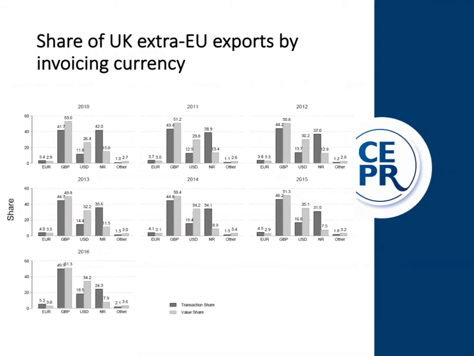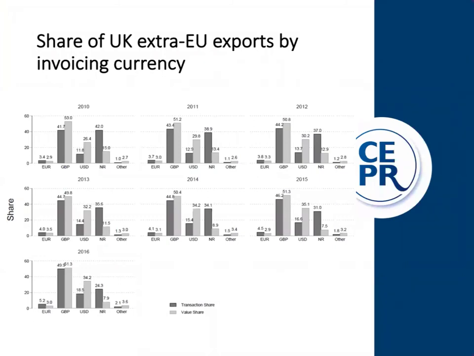The second fact is that if we look at most trade, about 50% of the UK's export value is invoiced in its own currency, so the pound sterling. And when we want to think about it more generally, we refer to a country's firms invoicing in their own currency as producer currency invoicing. Other currencies we observe here, so we see about a third of trade, 30%, is invoiced in US dollar, roughly around 3% of UK exports are invoiced in euro.